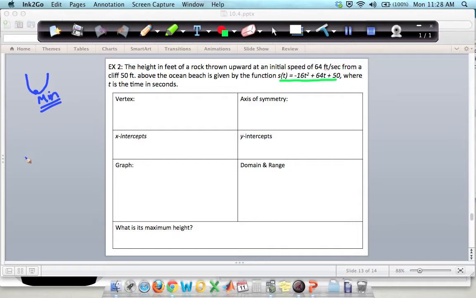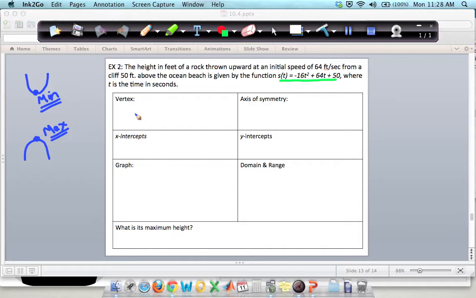If you have the upside down U, think of the bridge, then this y value of our vertex is our maximum point, the maximum height of our bridge. So if you're asked for min or max, you're being asked to find the y value of your vertex. Okay? So let's find the vertex for negative 16t squared plus 64t